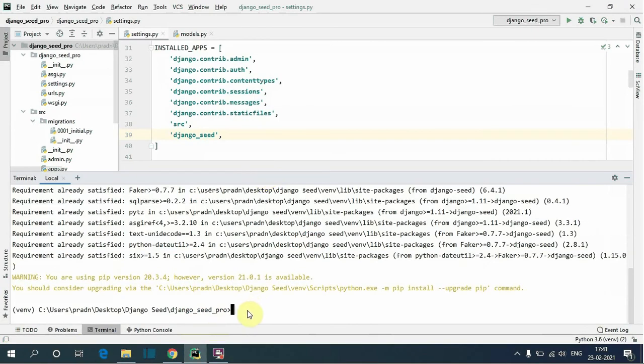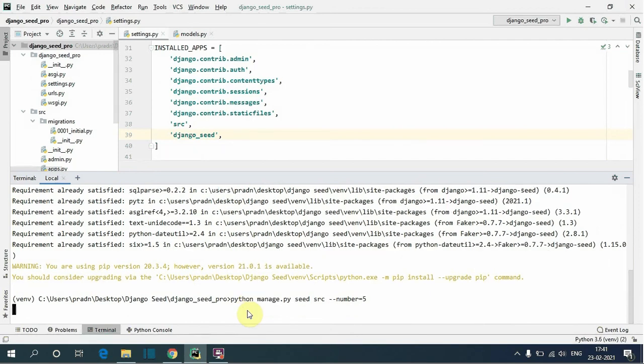Now here we will insert 5 dummy records for each model in our src app, using the command python manage.py seed src --number equal to the number of records we need to insert, that is 5.